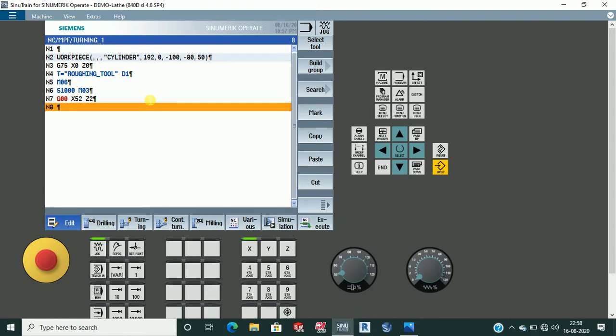Now we are going to use a cycle. Which cycle do we want to use? We are going to use the turning cycle. Just click on the option in the horizontal soft key, turning. I'll make use of drilling, contour turning, milling, everything, step by step. I'll not include everything in one video, as I told before, the video will be too long. Turning. Now there is an option, stock removal. I'll tell about grooving, undercut, thread, cut off, everything, but step by step. First, stock removal.